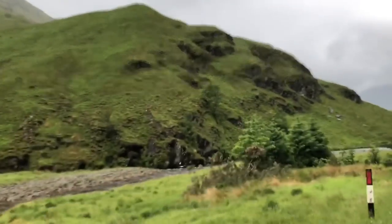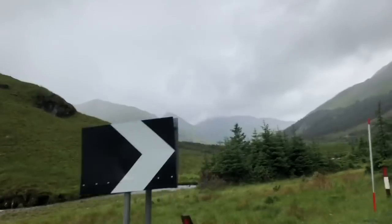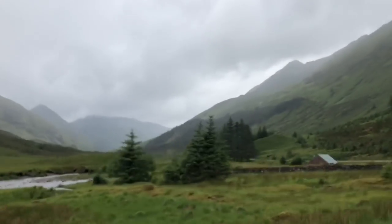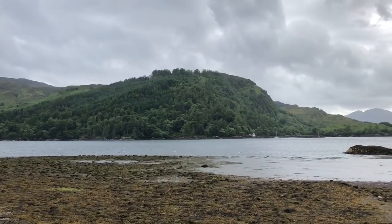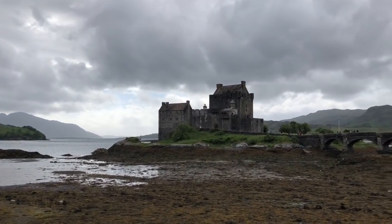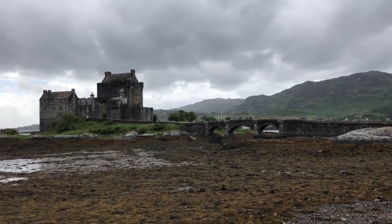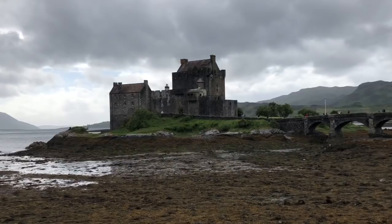We did this route last year to Skye. The scenery is just unbelievable. It almost feels mythological, like it could be the set of Jurassic Park, or Lord of the Rings, that kind of thing. Just stunning. So last year we came across this castle called Eilean Donan Castle, and we decided to stop